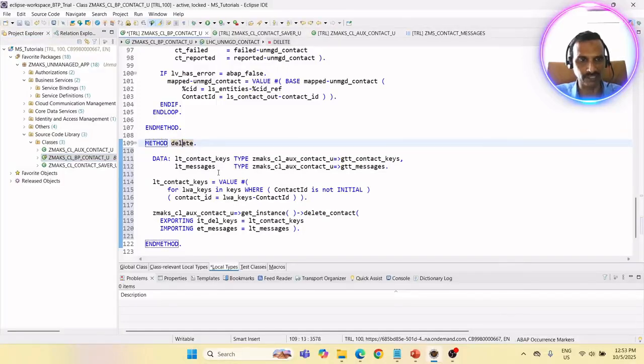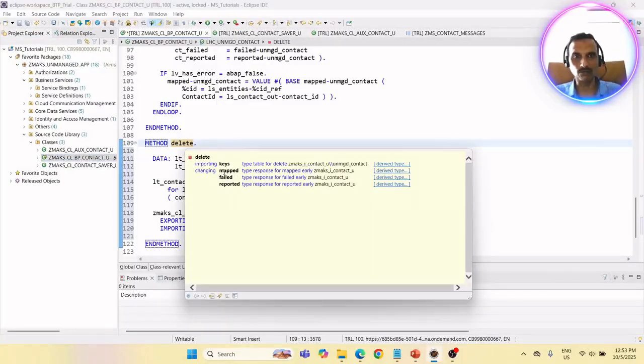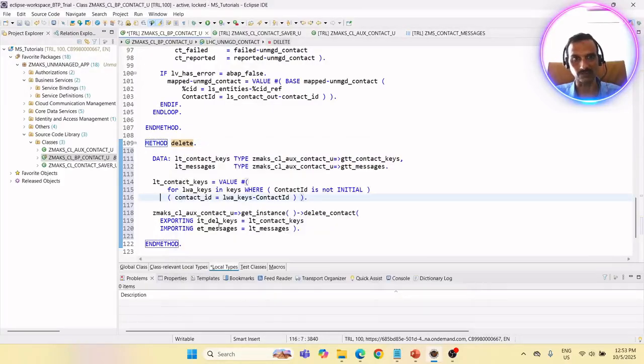Press F2 on this delete, right? Now you see here it has got keys, mapped, failed, and reported, right? So we will not be filling in the map. We will be filling in our report structure, guys. Okay. So how this is going to work for us is that,